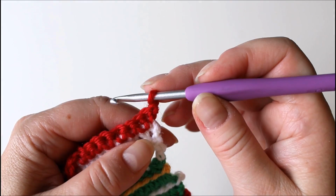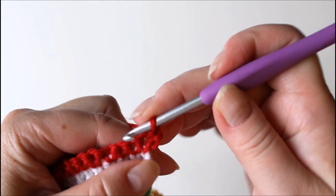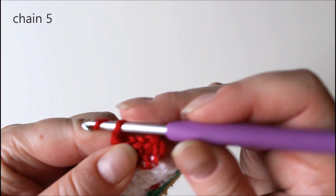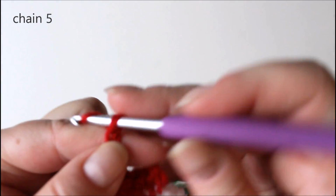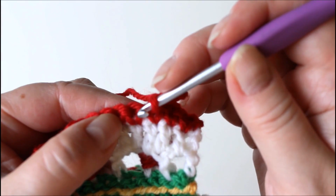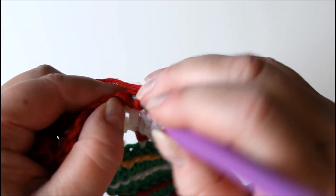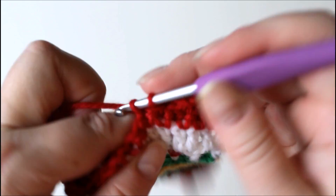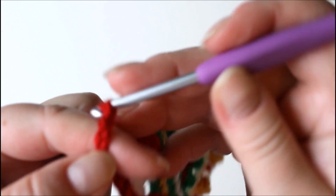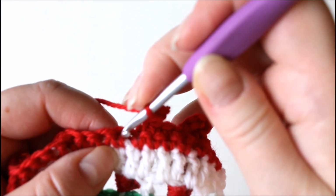Chain 1 and turn, and 4 single crochets. Four, and then we are chaining 5 for the loop. Chain 5, and then again 4 single crochets. Don't make one into that popcorn, but into a place where there already is a single crochet on the previous row. So 4 here as well. 4, and then again chaining 5. So each loop has 5 chain stitches,